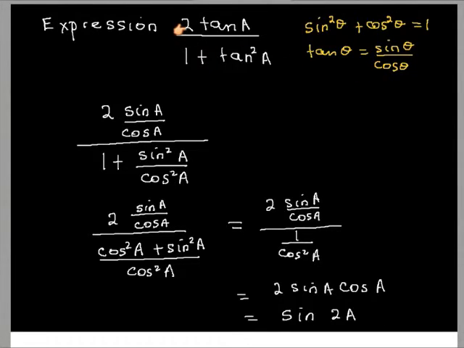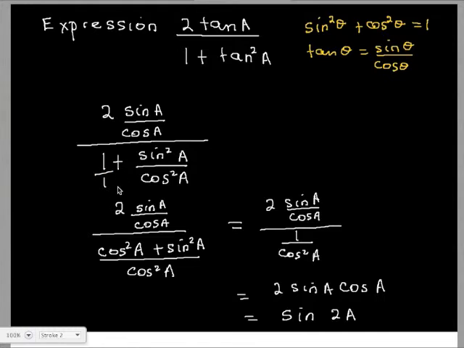So if you have twice tan a, you can change that into sine over cosine, which is what I did right here. 1 plus tan squared a, and again, tan squared a can be changed into sine squared over cosine squared, which is what I did over here. So keeping the numerator the way it is, looking at the bottom denominator, simple fraction addition, we call this one